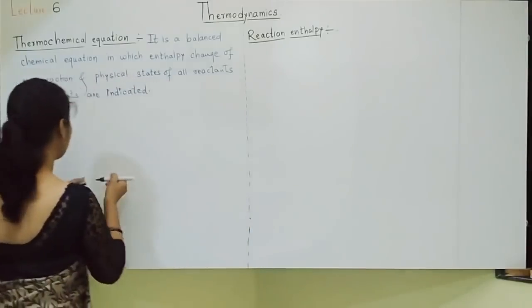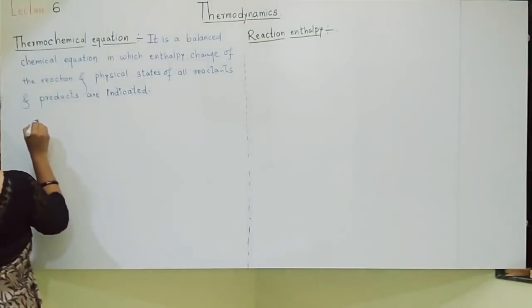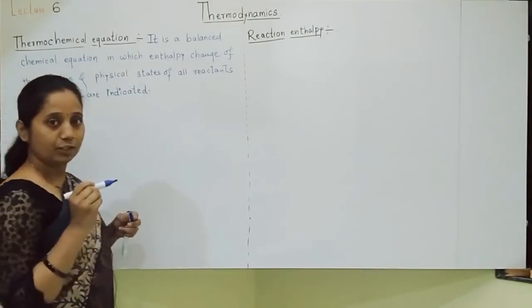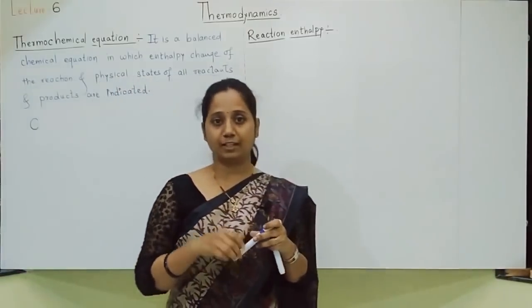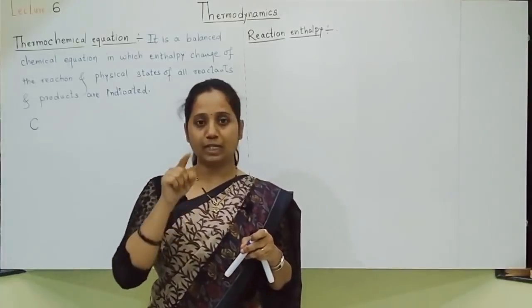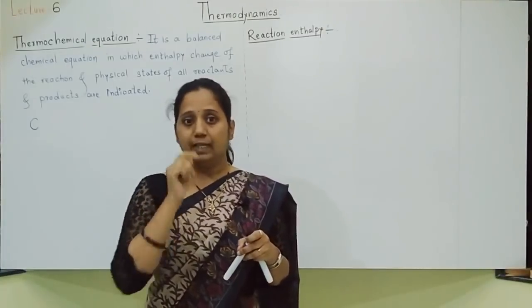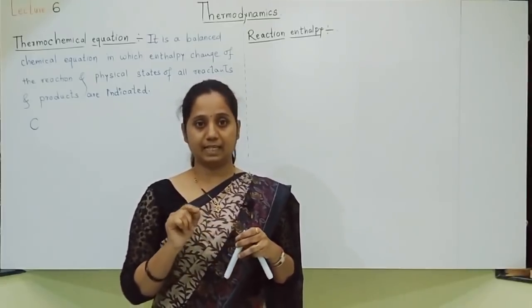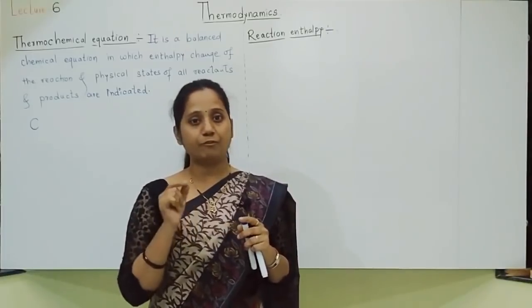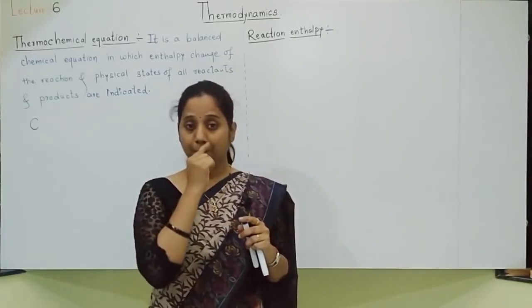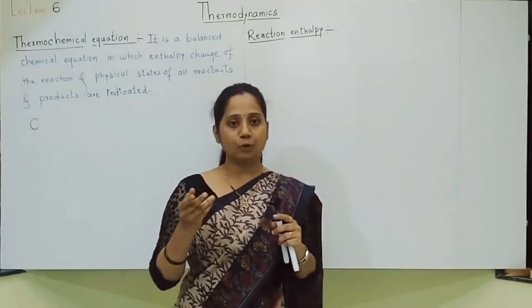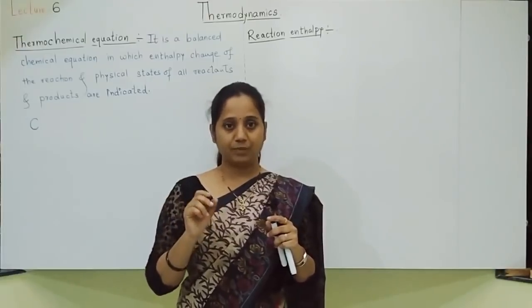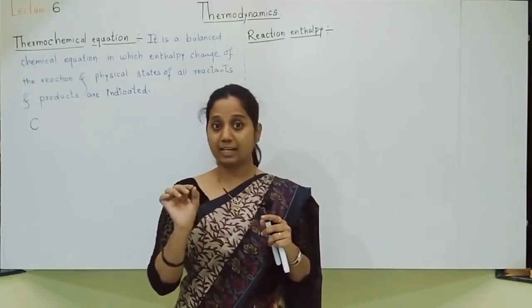Two things are extra. Let us write one and you will understand. For example, let us take one simple reaction, C plus O2 gives CO2. In this, carbon: now in case of carbon, what should we write? Its physical state. Of course we know that carbon is solid. Now generally in case of carbon, along with physical state, students remember, the allotropic form is also mentioned only for carbon. I hope that you know carbon exists in two natural allotropic forms.